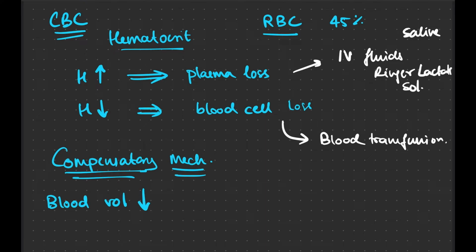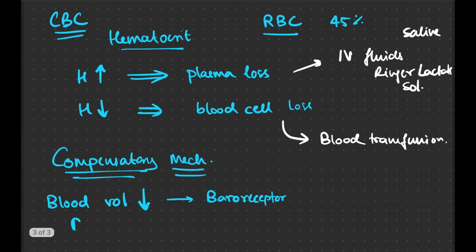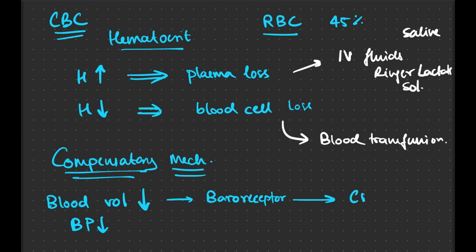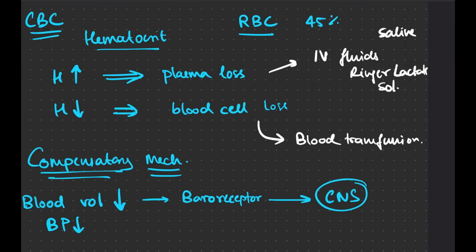considerably. Since the blood volume has decreased, the baroreceptors, which are present where? In the aortic arch, the carotid sinus, they receive impulses that the blood volume has decreased. What does blood volume decrease mean? It means blood pressure has also decreased. So baroreceptor sends impulses to the CNS. Now what does the CNS do? So the CNS, via its cardiovascular reflexes, it will